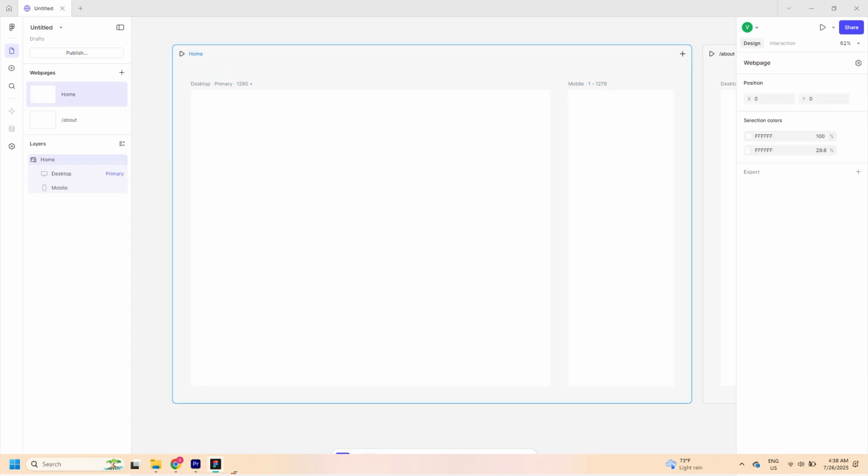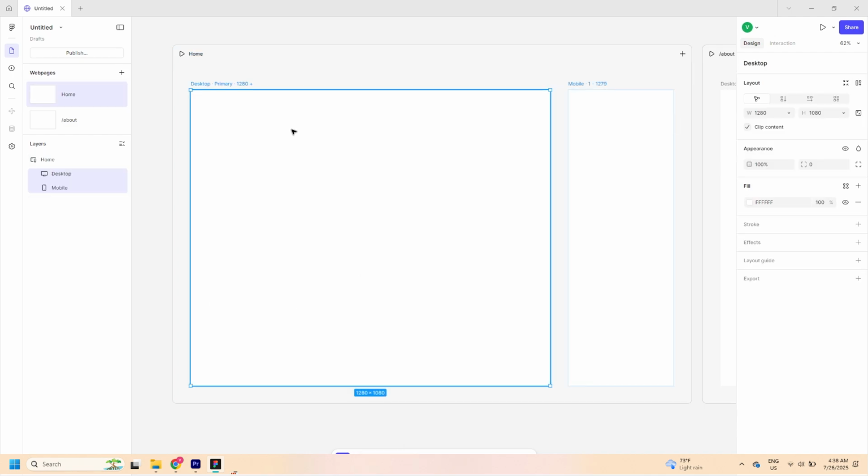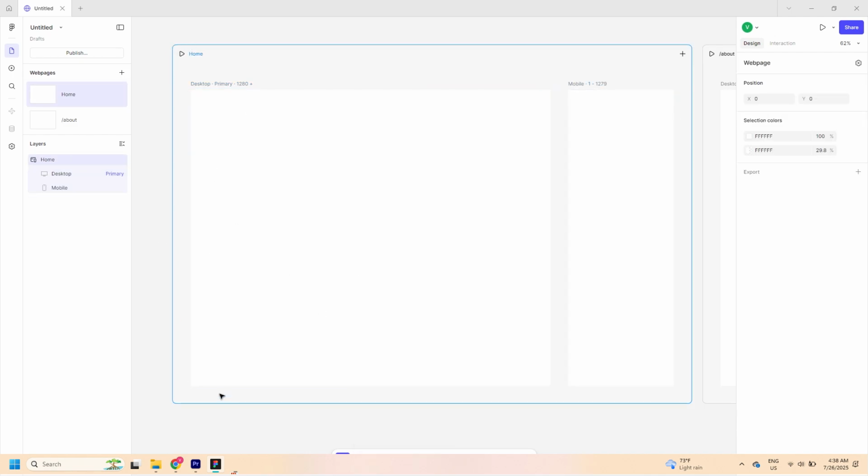So this is the first option that's new to us. This is the web page tool, and you can check out the region tools below it. So you can create a new section, you can create a new web page, or you can create a new frame. Now we are already aware of what sections and frames do. Sections separate a class of UIs. A frame is a standalone UI box, but a web page is basically this, and it holds